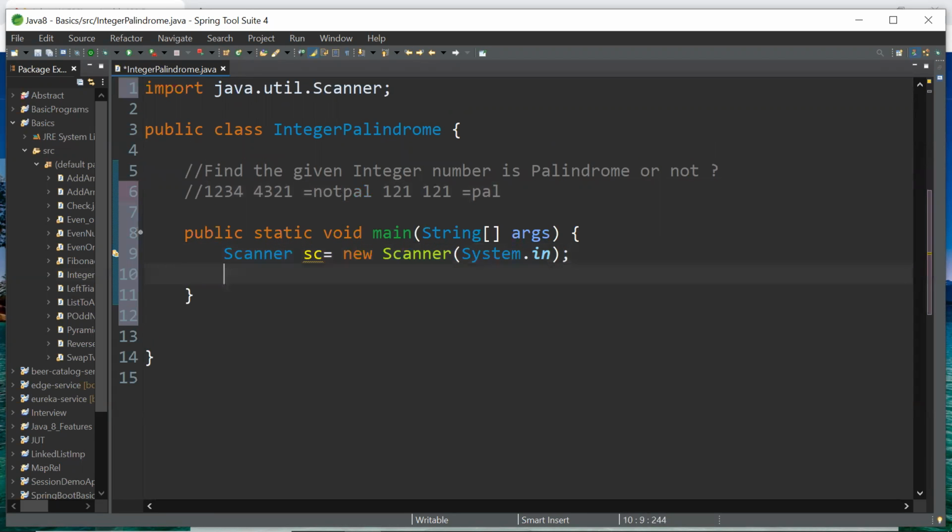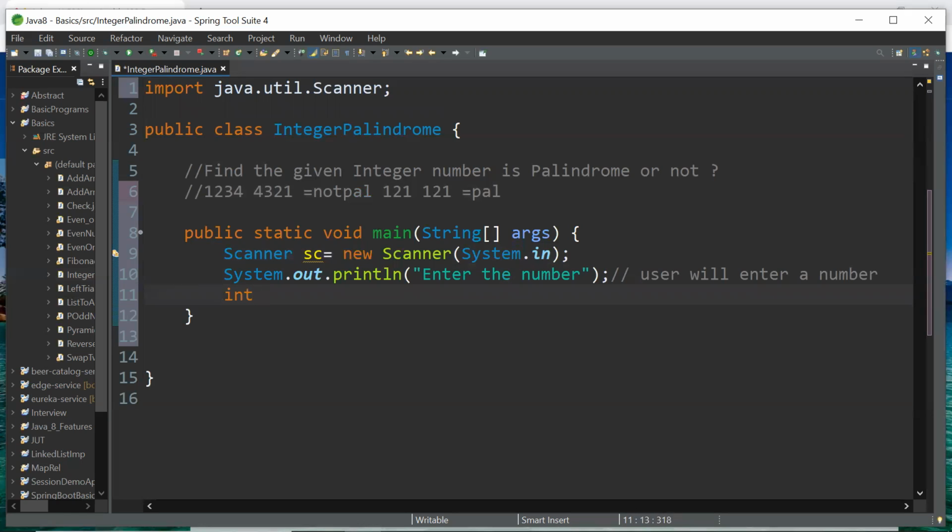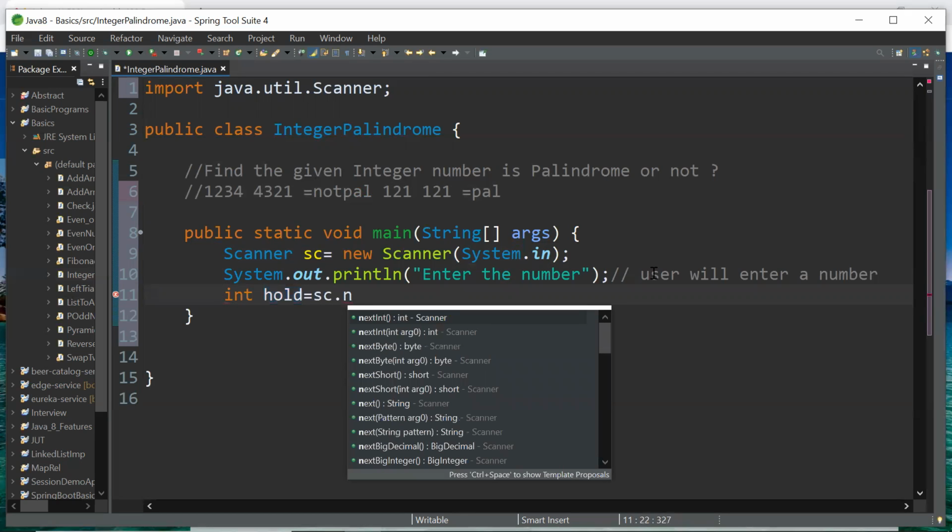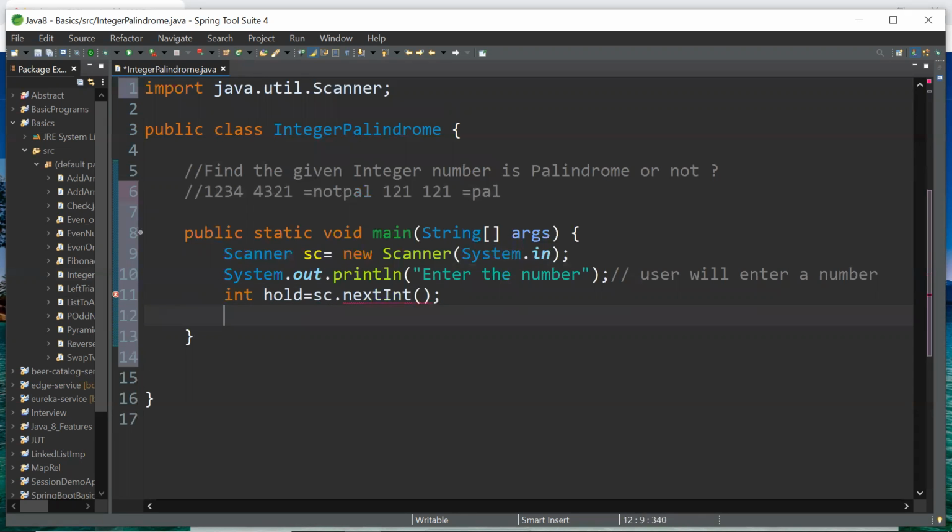Now ask the user to enter the number. The user will enter a number. Once he enters it, int hold equal to sc.nextInt. Hold it, then pass it to the method.